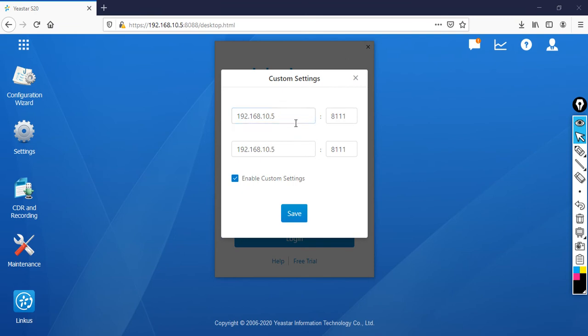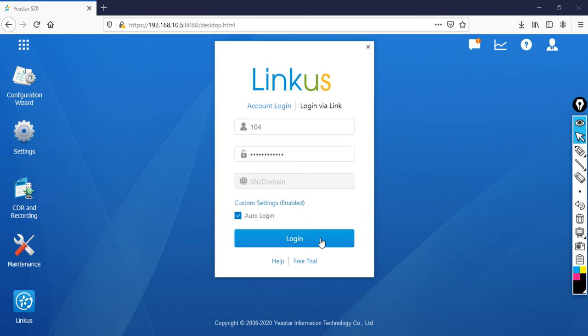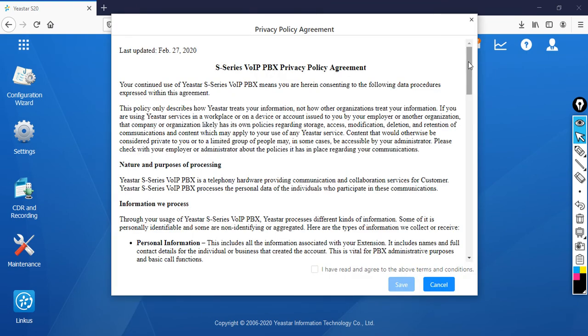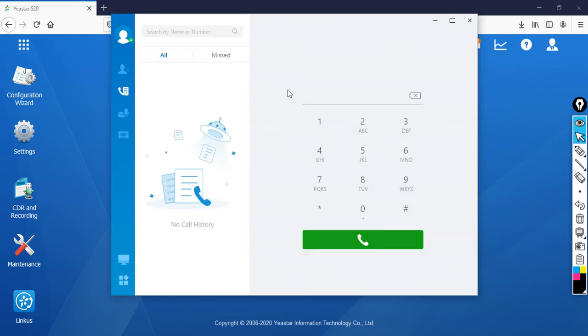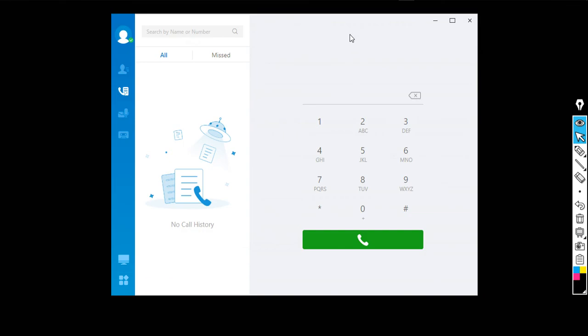Here the IP address is already defined. In case it is not there, just put the IP address of your PBX, then click save, then click login. Once this is done, you can see it's a successful login. Then after I have read this, click save. Now I can see my Linkus client.